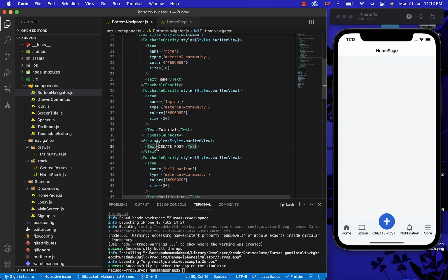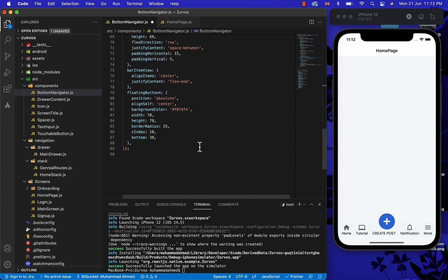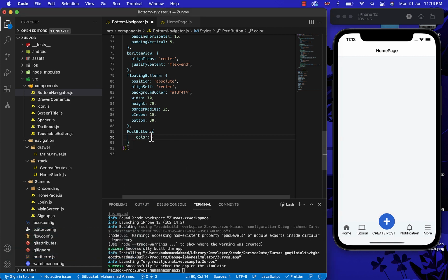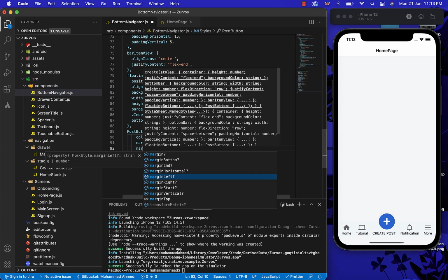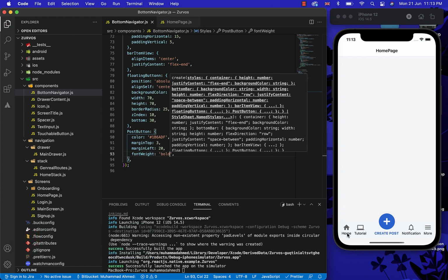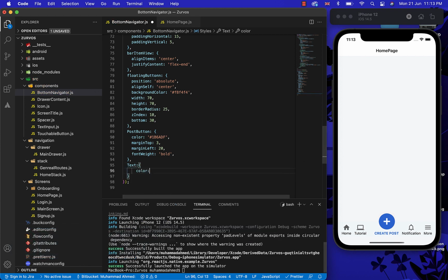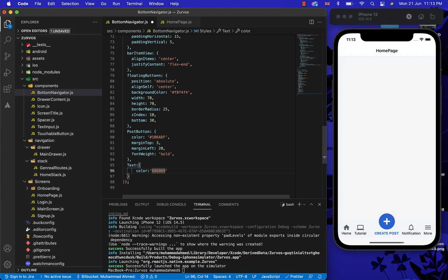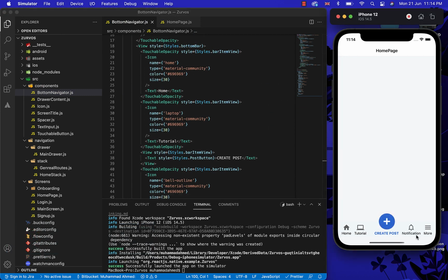Now let's just give some color to the create post text. And now our bottom tab navigator is ready.